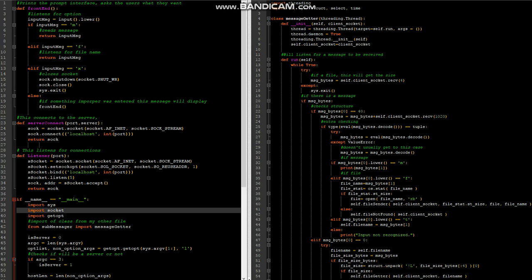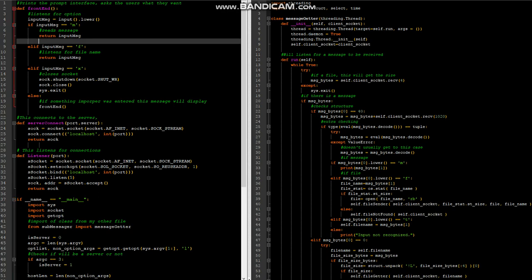Okay, so this is my explanation of my code. This is going to be for messenger with files, sorry. So we're going to start off with the front end. This is going to be what displays the messages and determines whether it's going to be a message or a